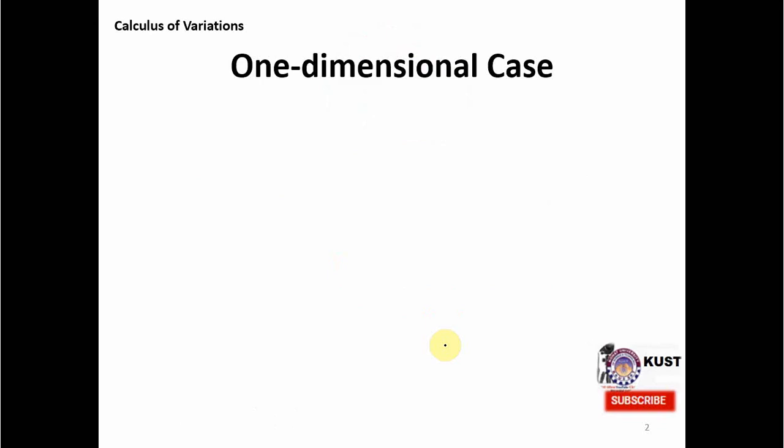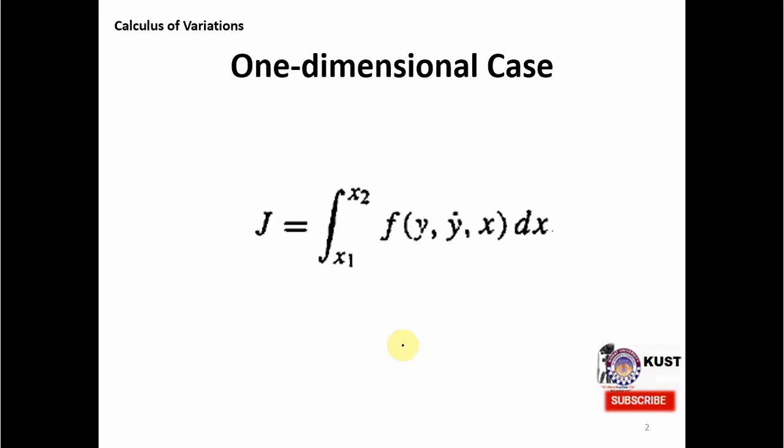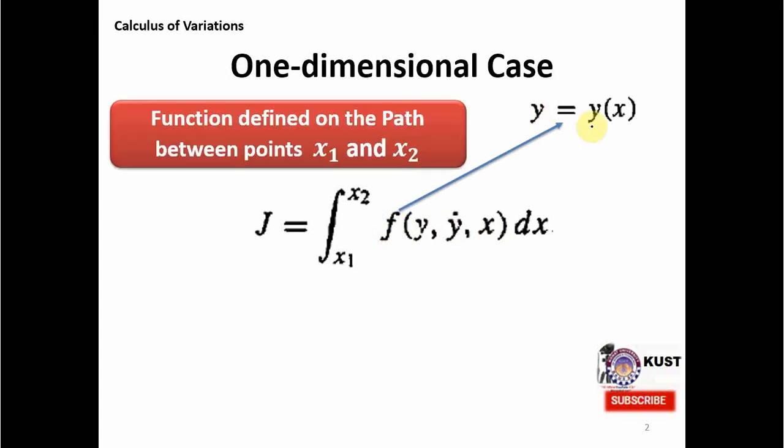To do so, we consider the one-dimensional case for simplicity, and we define this line integral J, which goes from point x1 to x2. This is the function we want to construct, and it is a function of the path y, its derivative with respect to x, and explicitly x. These functions are defined on paths y equals y of x, and these paths go from points x1 to x2, where y dot is by definition the derivative of this path,